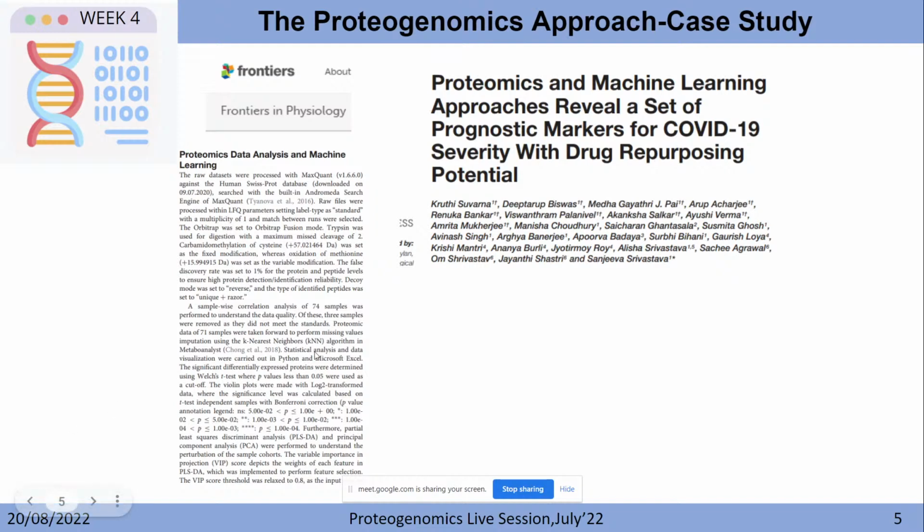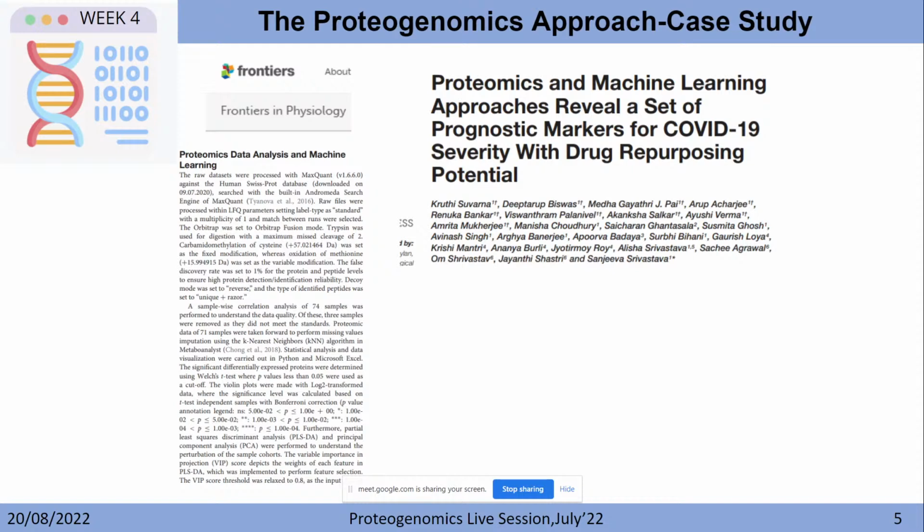Then the missing values were imputed using the k nearest neighbor algorithm. As was told in the lecture, it checks the samples which are nearer to it, how much the value is, and by that it imputes the value using a machine learning algorithm. Here you can see that there is a software called MetaboAnalyst. We will be doing hands-on today completely with MetaboAnalyst. So you can see that using this software,